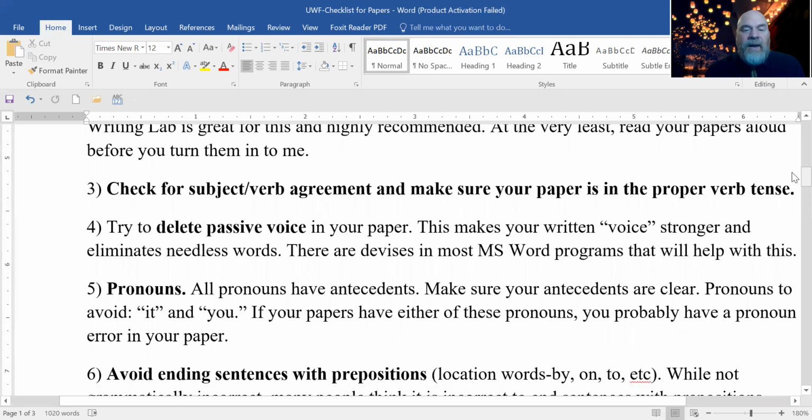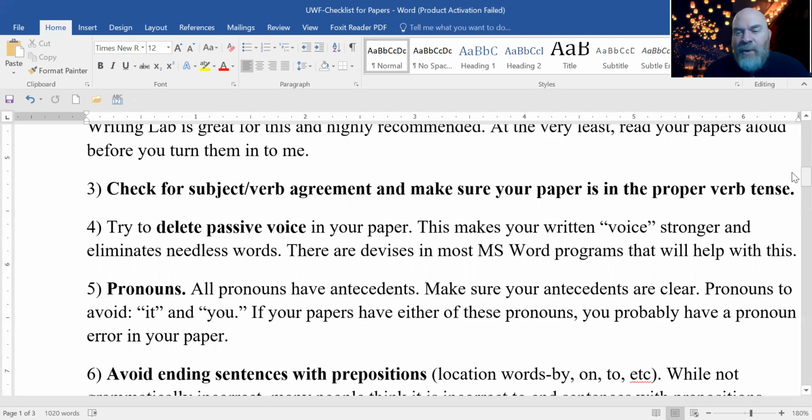Delete passive voice. Passive voice is really tricky because it's hard to catch, and quite often we speak in the passive voice. What happens when you write in the passive voice, though, is that you lose the agency of the subject. There are a couple of ways that you could check for this. One of the easiest ways when you're going through your paper is to just look for the word had or have. If you use helping verbs like had or have in a sentence, such as I had went to the store to get some milk,